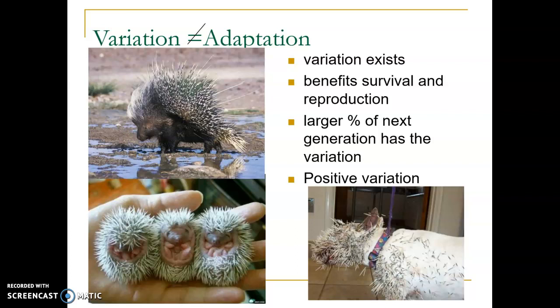So let's look at these little hedgehog type critters. It would potentially be a guess that somewhere along the line, some of their hair follicles had some kind of mutation. So instead of having regular hair, you have these super coarse little spiny things. Well, that's a pretty good defense mechanism, and so would benefit survival and reproduction. So in theory, over many generations, a larger percentage of them would have the little spiky spines versus having normal hair. So again, variation is variety, and adaptation is a positive variation.